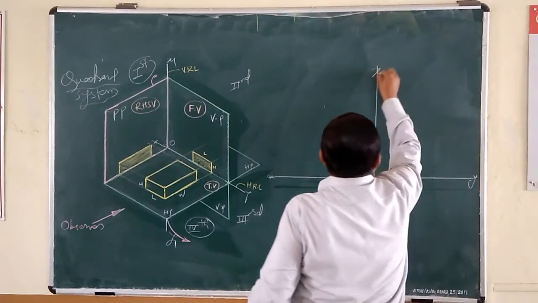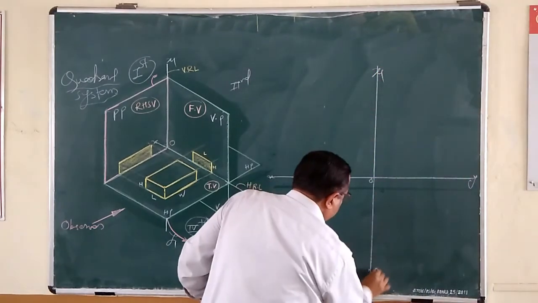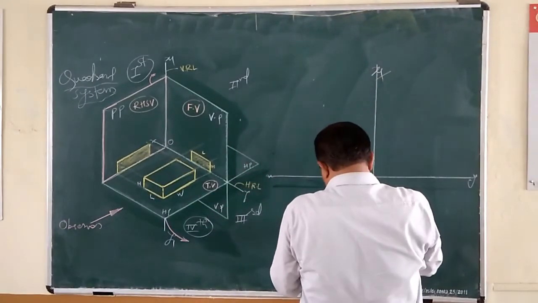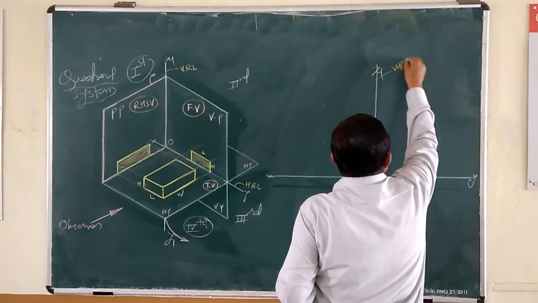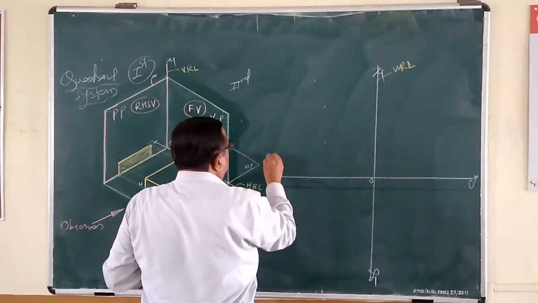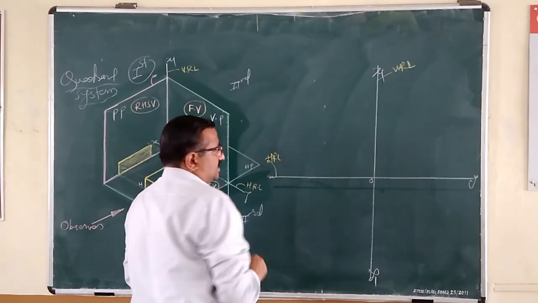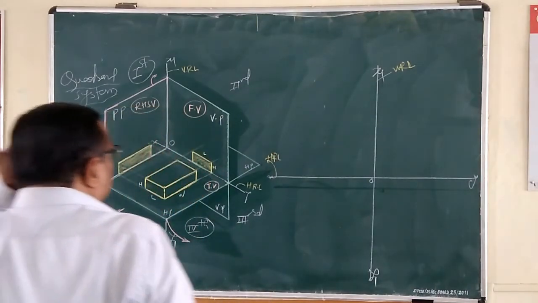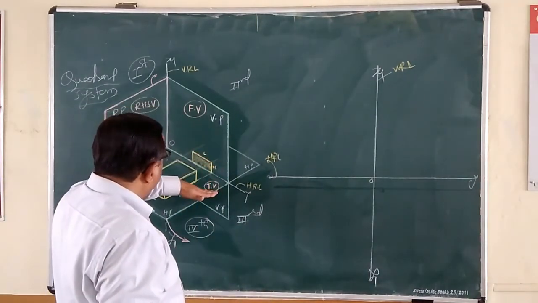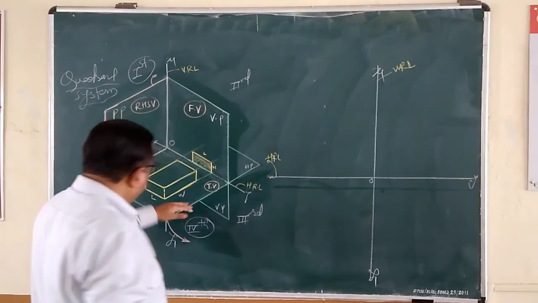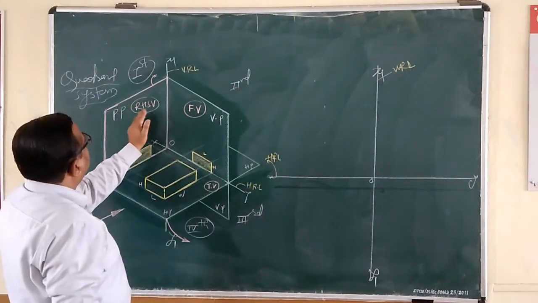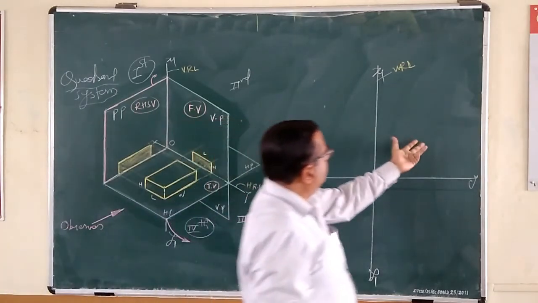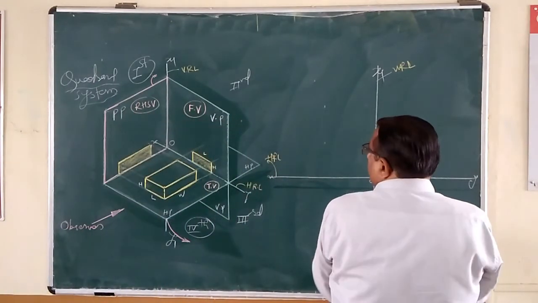Okay, X1 O Y1 is the vertical reference line. This is called VRL. This one is nothing but HRL, the horizontal reference line. Okay, so the vertical plane is here. Just below that, the horizontal plane will be here after tilting, and PP will be on the left hand of this VP. So naturally, PP will be here, VP will be here. So the vertical plane we have to show.